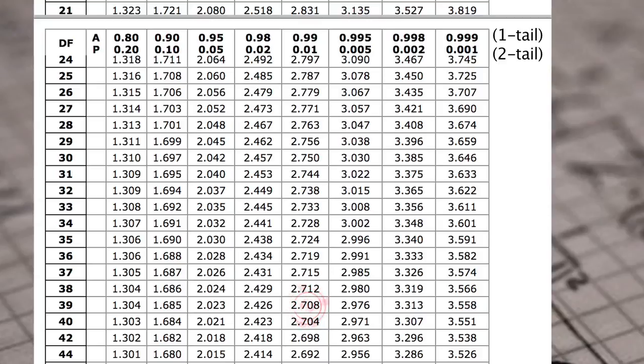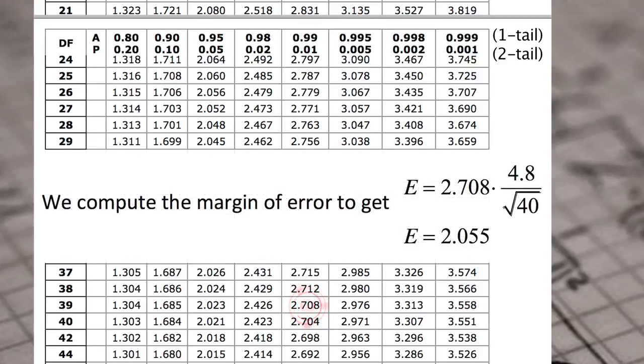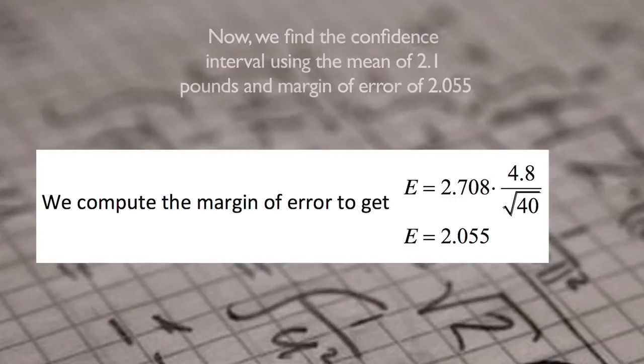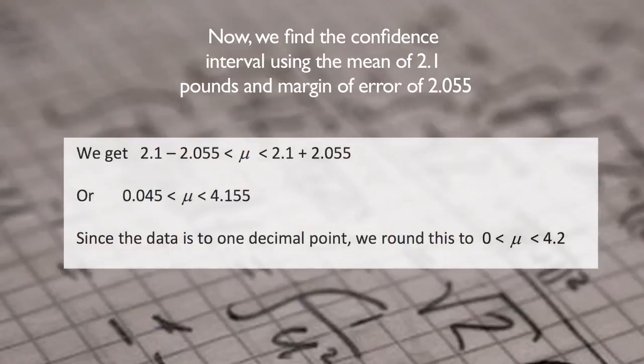We compute the margin of error to get the error is 2.055. Now we find the confidence interval using the mean of 2.1 pounds and a margin of error of 2.055. We substitute this in and we get 0.045 is less than the mean is less than 4.155. Since the data is to 1 decimal point, we round this to 0 is less than the mean is less